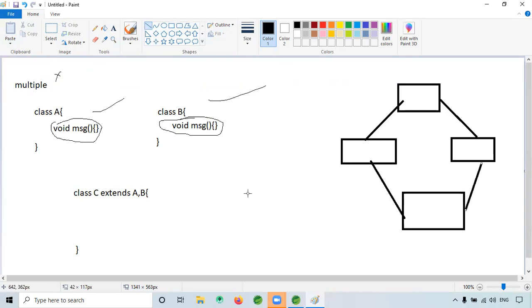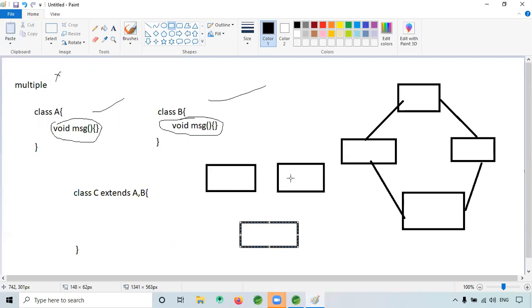Like this. Okay, this is hybrid. I think multiple will be like, first two classes will come like this, right? From the two classes you are trying to inherit. If you put this class right in the top, it will become hierarchical. But if you put it in the bottom, it will become multiple. So both it won't support. This also won't support. This also won't support.